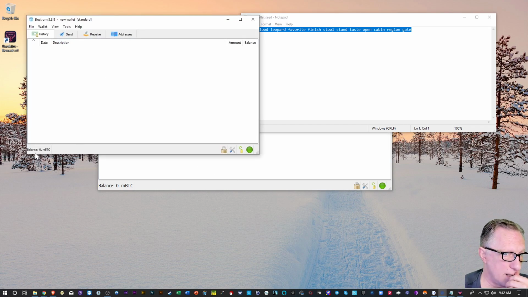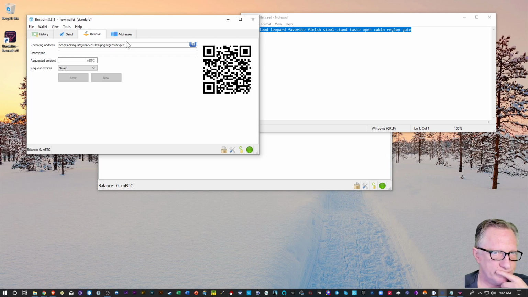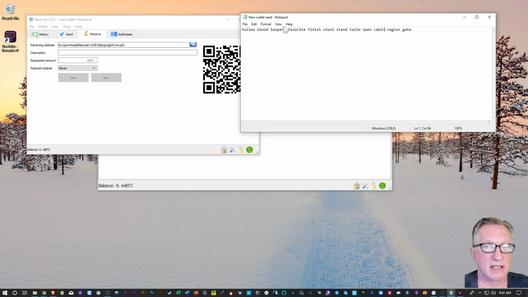We've got an empty wallet, right? It's got 0 micro Bitcoin in there. And if I wanted to receive, I could go over here to the receive tab. It's going to give me a receiving address. That's the address, the receiving address. I copy that into my clipboard and send it out to my friend and say, hey, send me some Bitcoin. But of course, I wouldn't do that with this wallet because that private key has already been exposed. All right. So normally you would only look at this yourself.